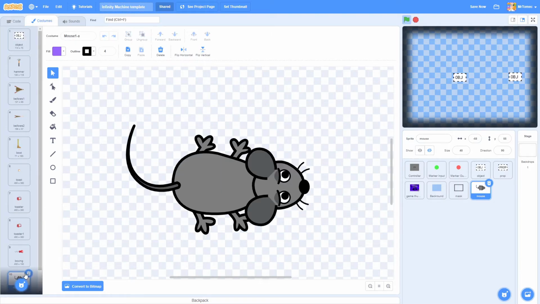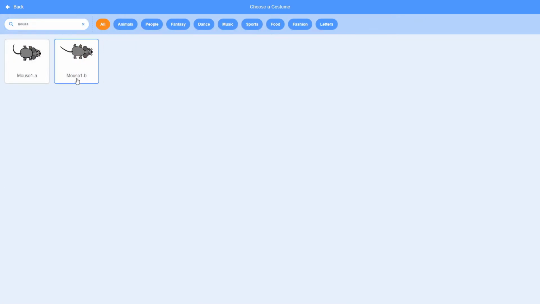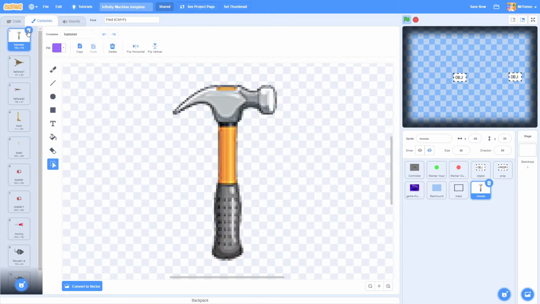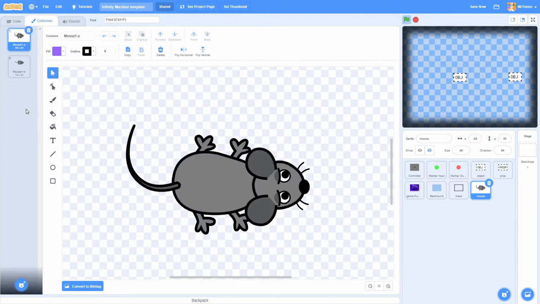Now we're going to want both mouse costumes because we're going to want him to cycle through his animations here. There are a couple of other sample devices here, but we can get rid of those now that we don't need them anymore, so that we're just left with our 2 mouse sprites here, and then we'll be able to use the next